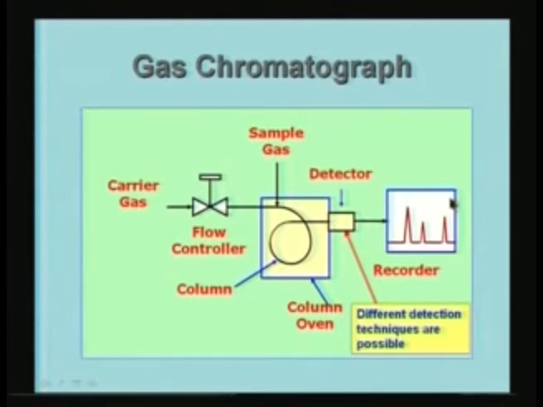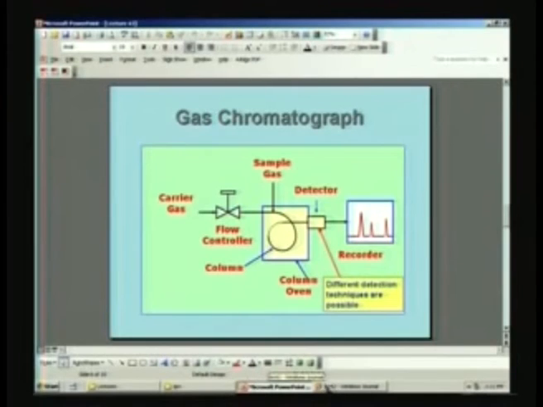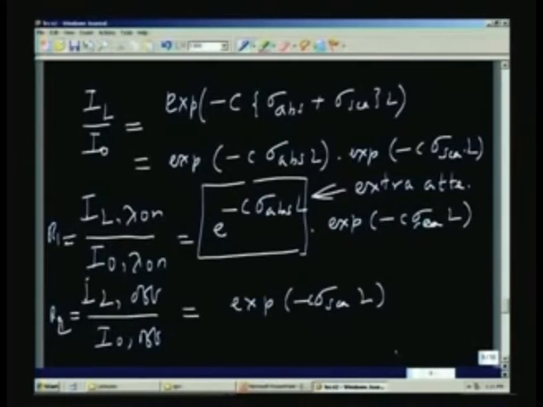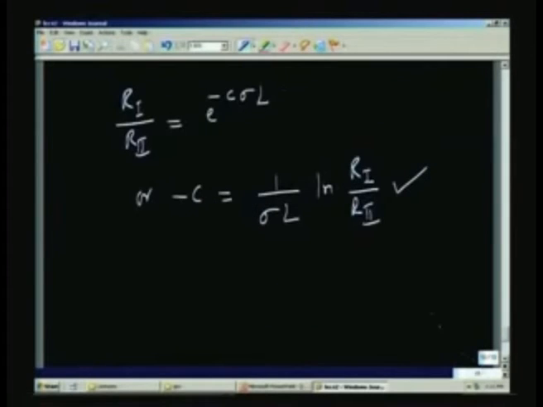Just to recapitulate, what we are trying to do is to measure the ratio R1 by R2. The two pulses are sent through the atmosphere, and then the concentration is pulled out from this, and the concentration values have already been given in the specification. So, the next